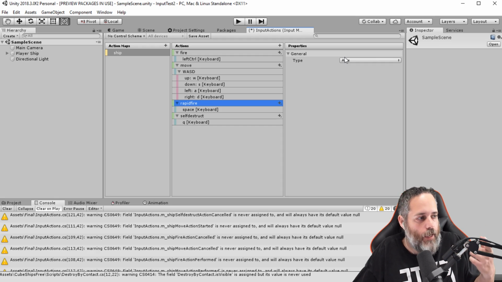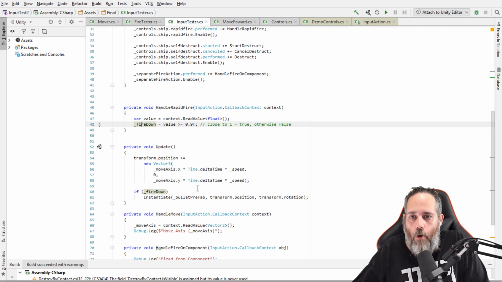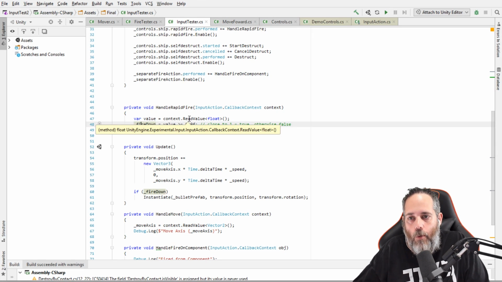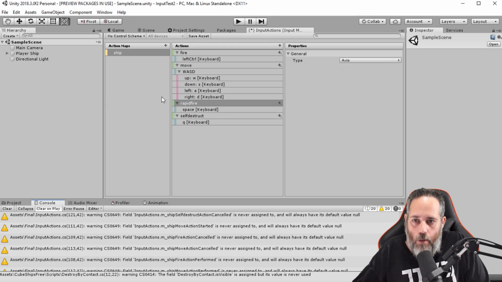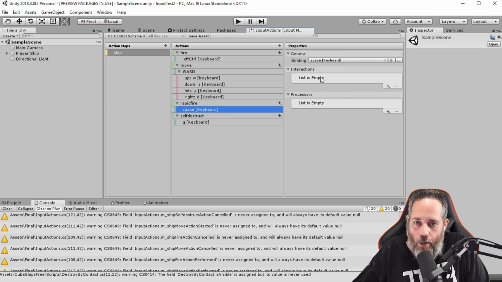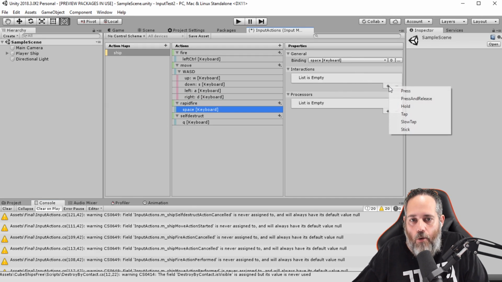But imagine it was like a thumbstick or something like that, or not a thumbstick, a bumper button, or the trigger buttons, where we could get back a value that's on an axis. We want to do the same thing here, because our event is going to call both when we pull it down and when we release it. Because remember, let's go right here. We don't have an interaction set up here,